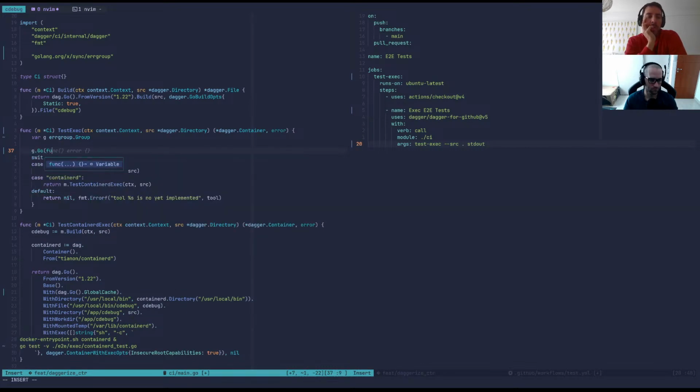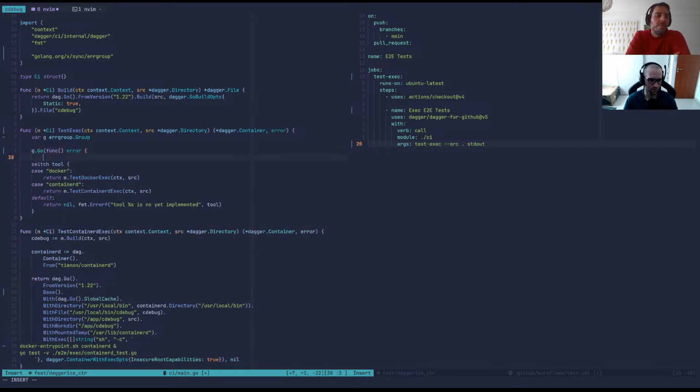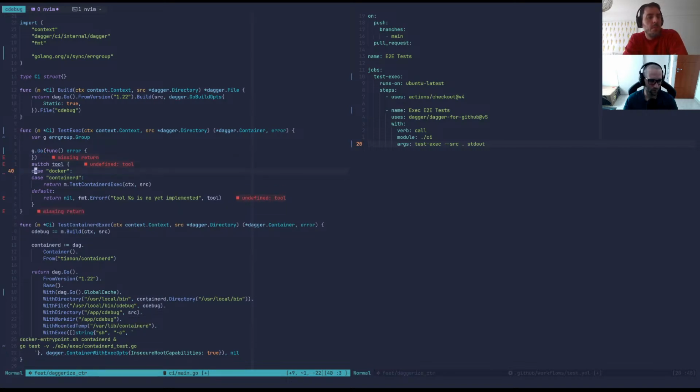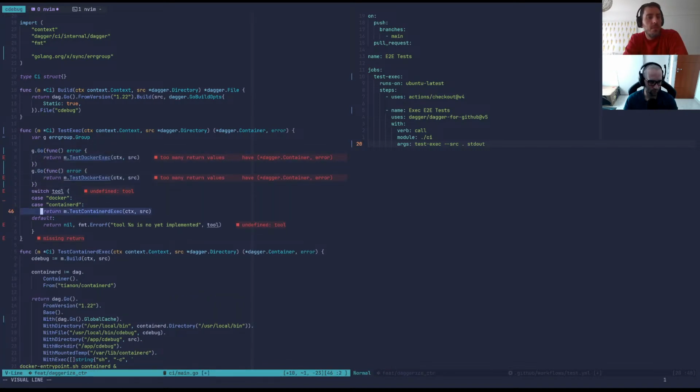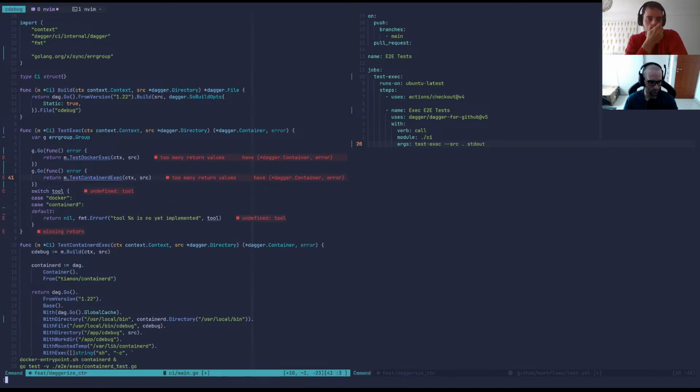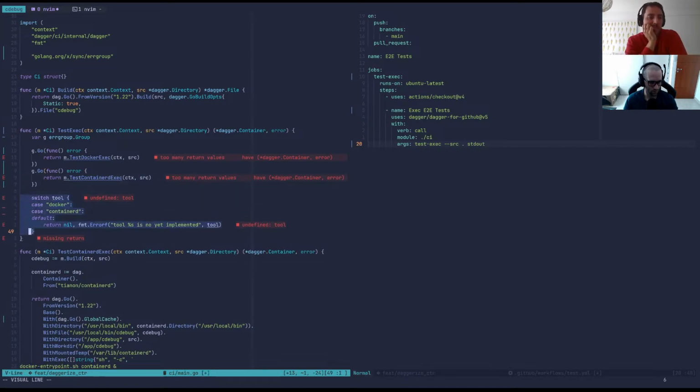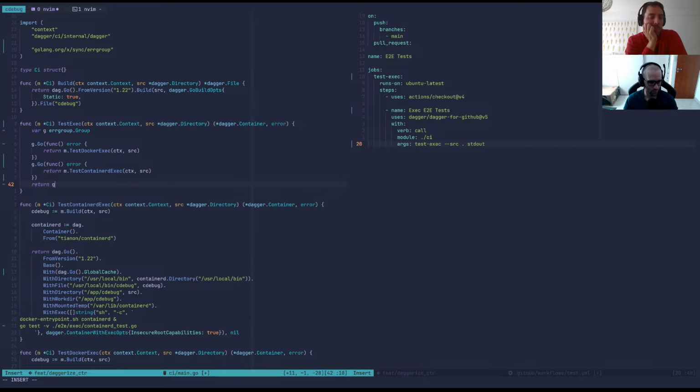Yeah. So let's do this, and we're gonna return this, and this will go away, and we're going to return g.Wait. Okay, too many values. We don't need to return a container anymore, right? Yeah, so we want the standard out. Oh, we lose that. Well, it doesn't really matter, right? Yeah, we lose the ability